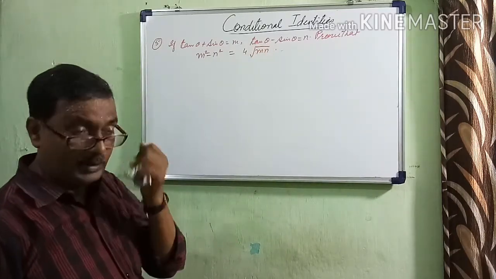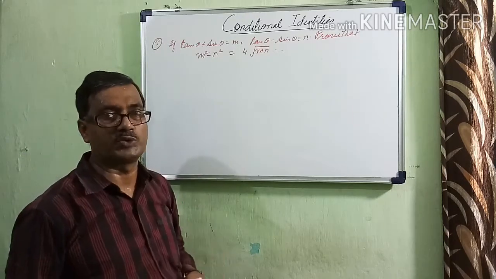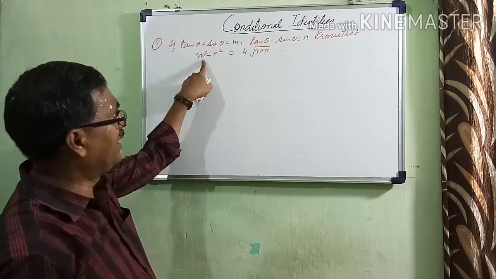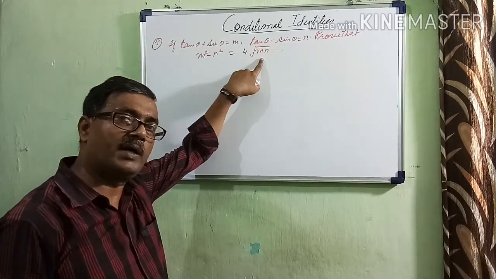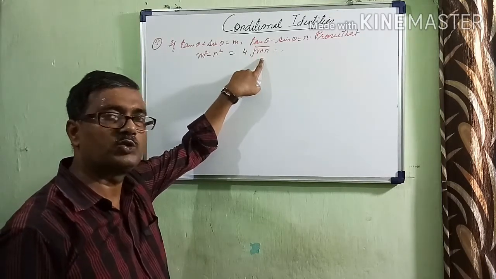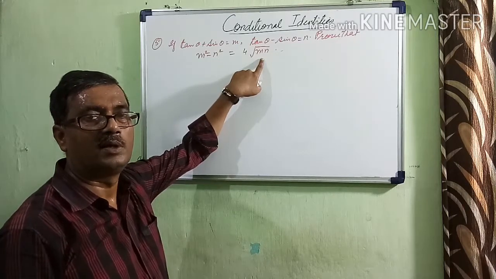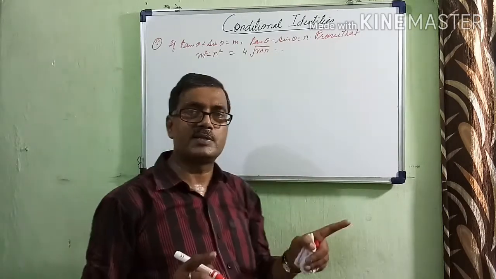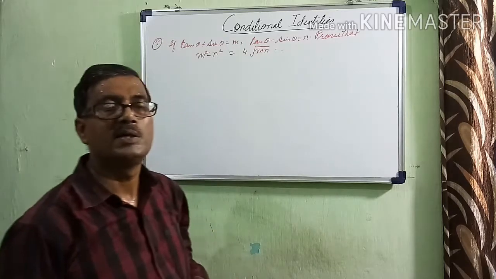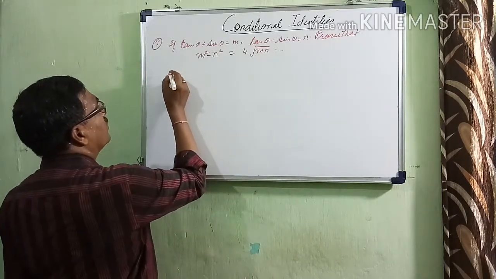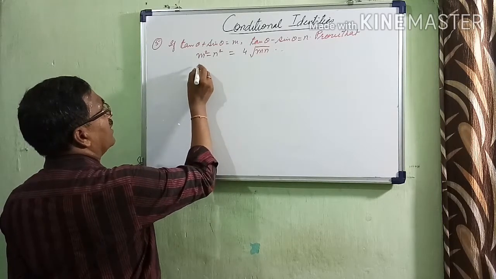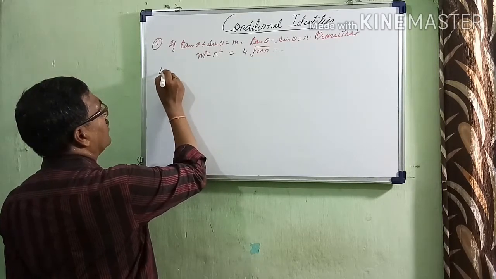Now, in this question we have a different approach. We will go for LHS also and RHS also. We will substitute the value of m and n and we will simplify to some certain extent. And we will compare whether LHS and RHS both of them are same or not. So therefore here what shall we do? We will say LHS here first.